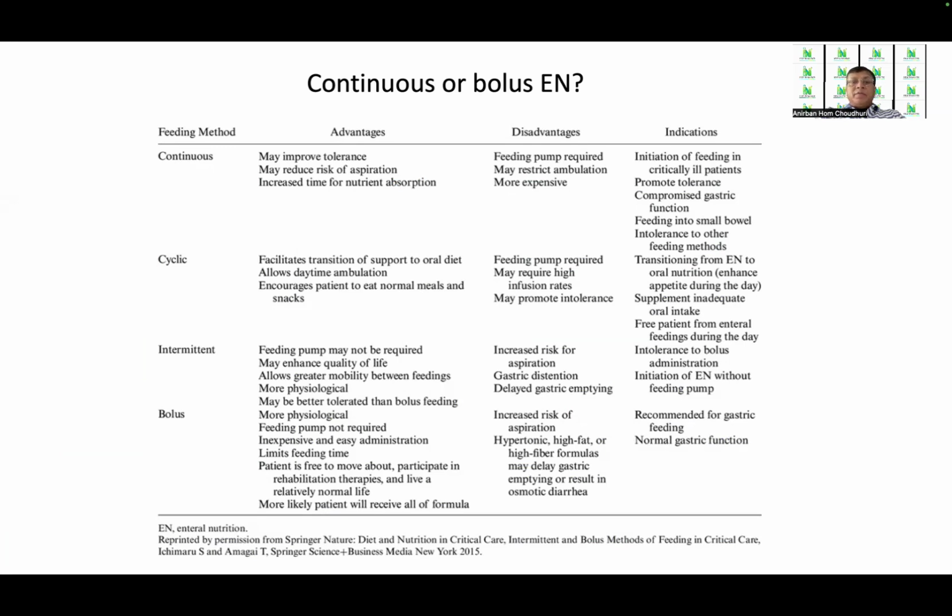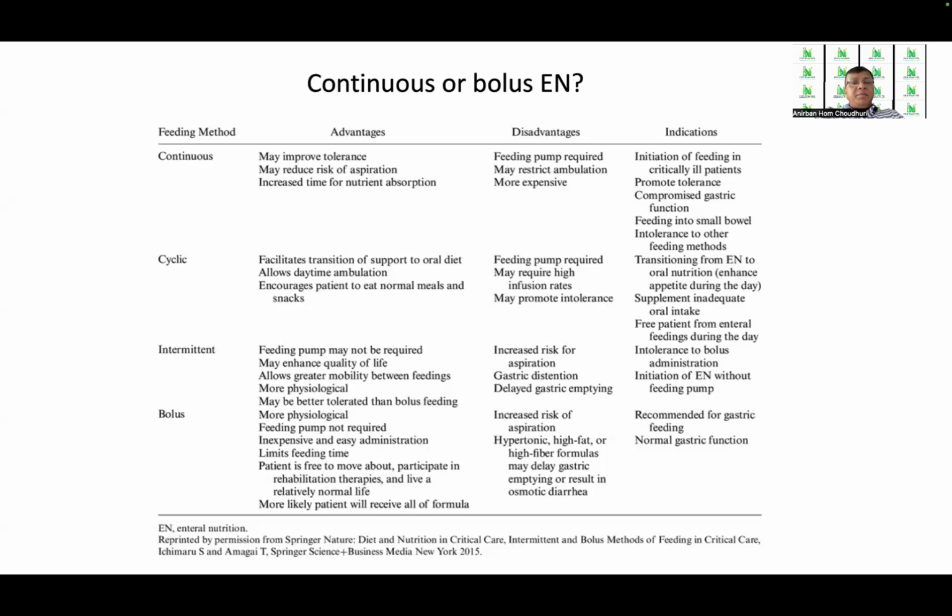So continuous enteral nutrition is indicated in the initiation of feeding in critically ill patients, where tolerance is the factor, in order to promote tolerance. It is also indicated in patients with compromised gastric function, feeding into the small bowel, intolerance to other feeding methods, etc. The cyclic and the intermittent are the other ways. Cyclic facilitates transition of support to oral diet, allows daytime ambulation, and encourages the patient to eat normal meals and snacks, whereas